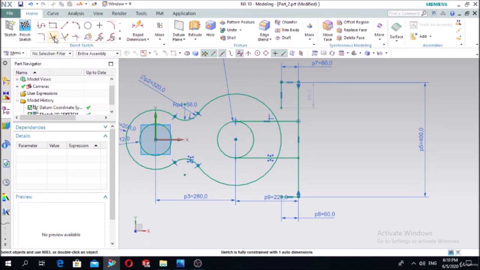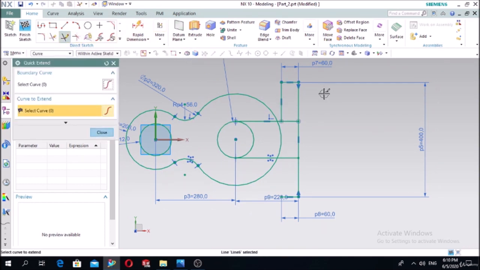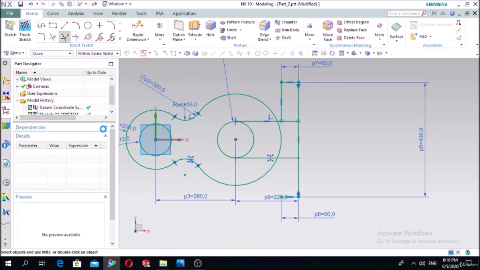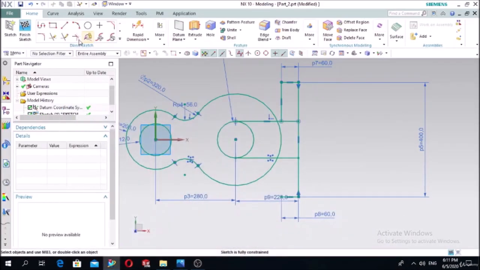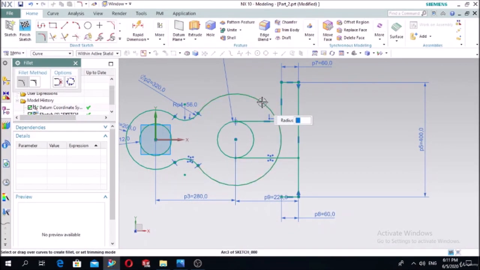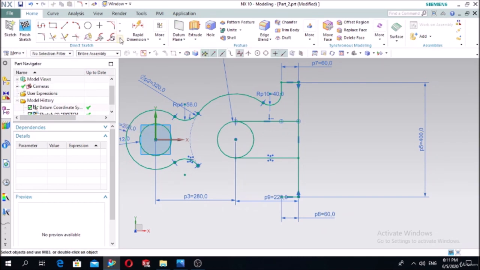and make quick extend this one and draw the arc here with the radius is 40. Fillet this one and this one is 40 millimeters. So then we can make the mirror